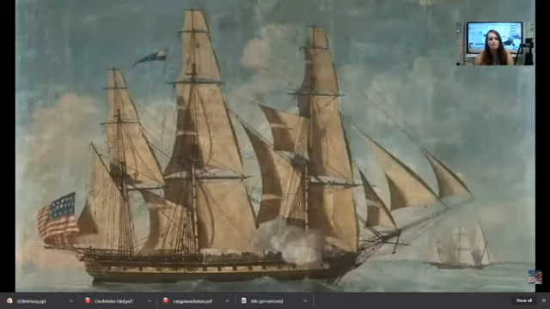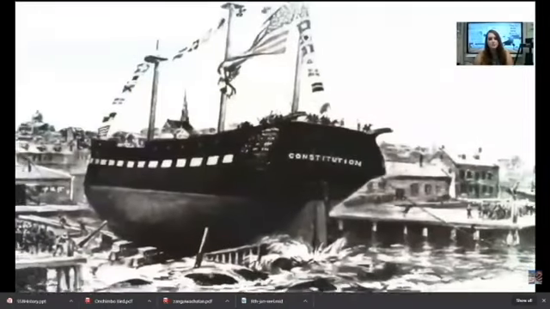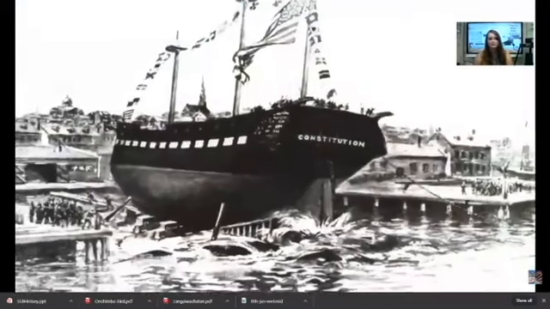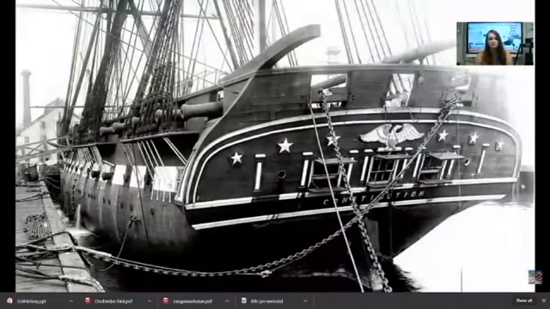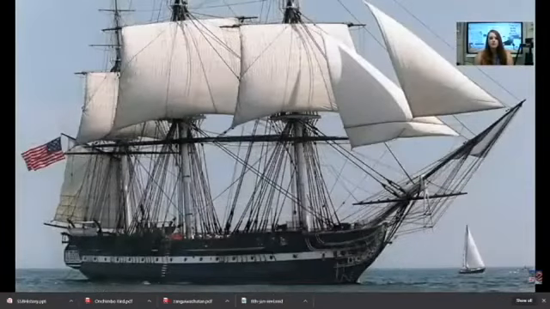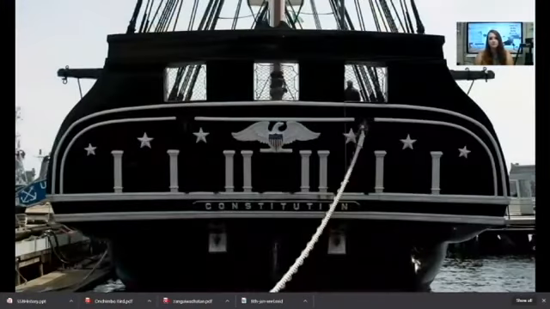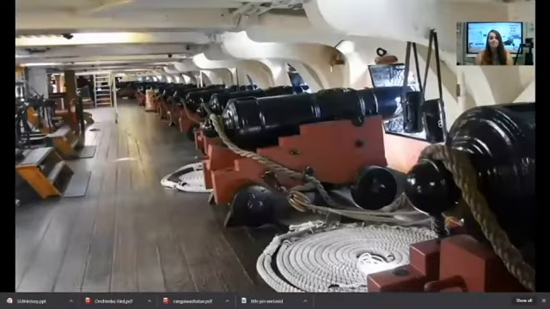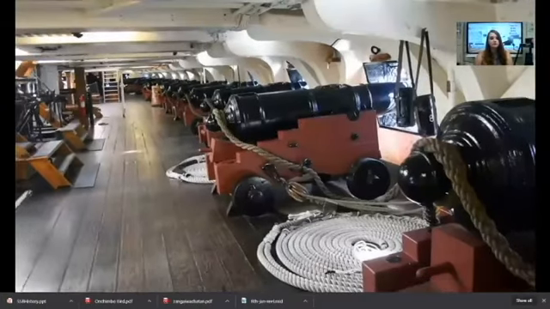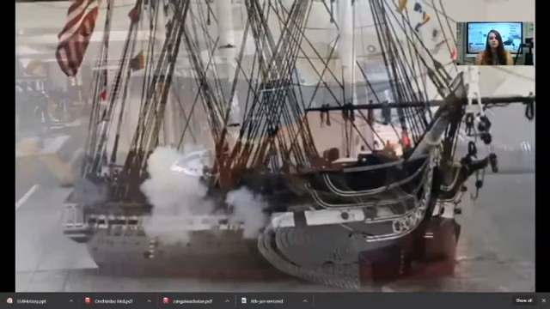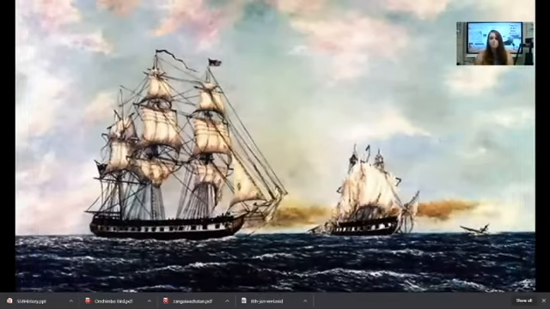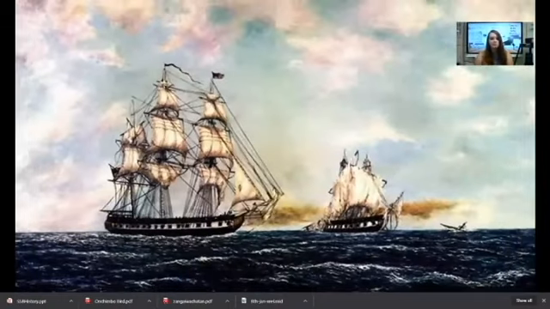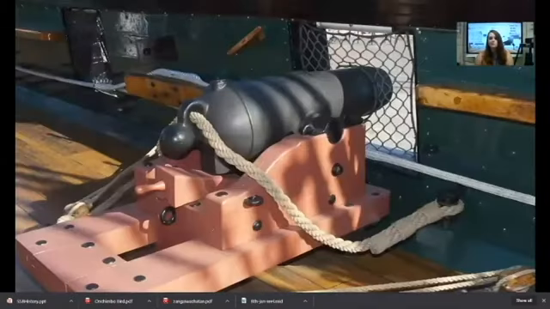USS Constitution was launched in 1797 to protect American shipping. The ship was constructed of sturdy live oak, white oak, red cedar, and pitch pine. She is 207 feet from billet head to taffrail and 43.5 feet at her widest section. She was designed to carry 44 guns, but almost always carried more. In the War of 1812, Constitution was one of only a few U.S. Navy frigates, but was also of larger than average size, allowing her to carry more and heavier guns than her